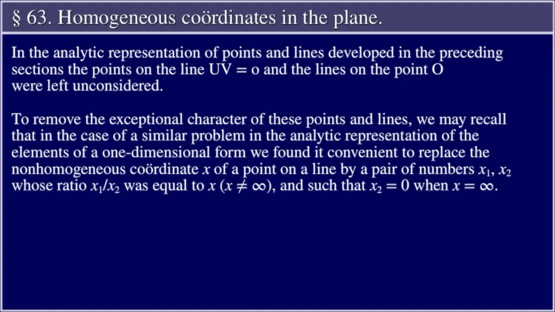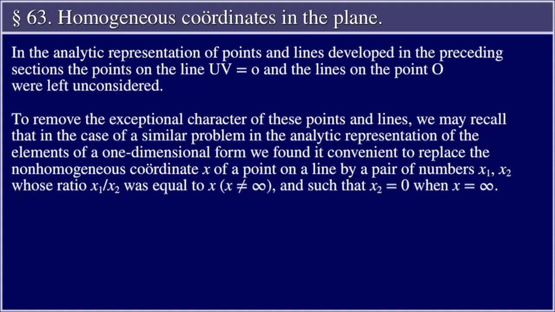In the analytic representation of points and lines developed in the preceding sections, the points on the line UV equal to O and the lines on the point O were left unconsidered. To remove the exceptional character of these points and lines, we may recall that in the case of a similar